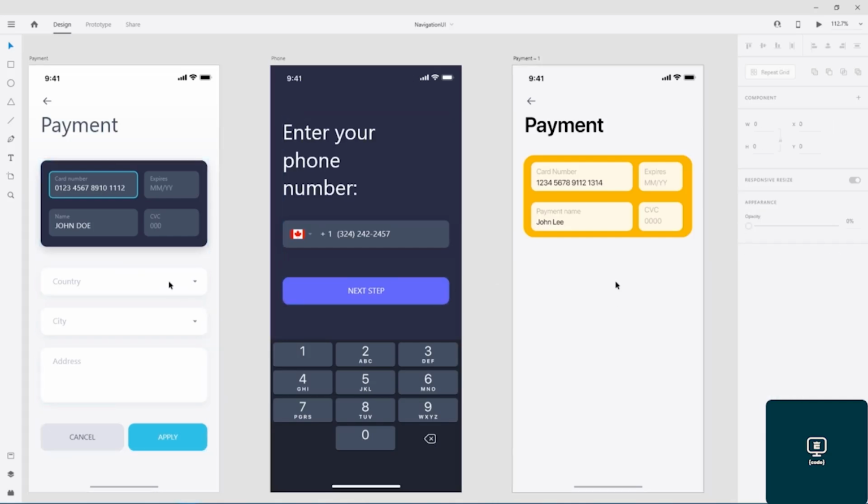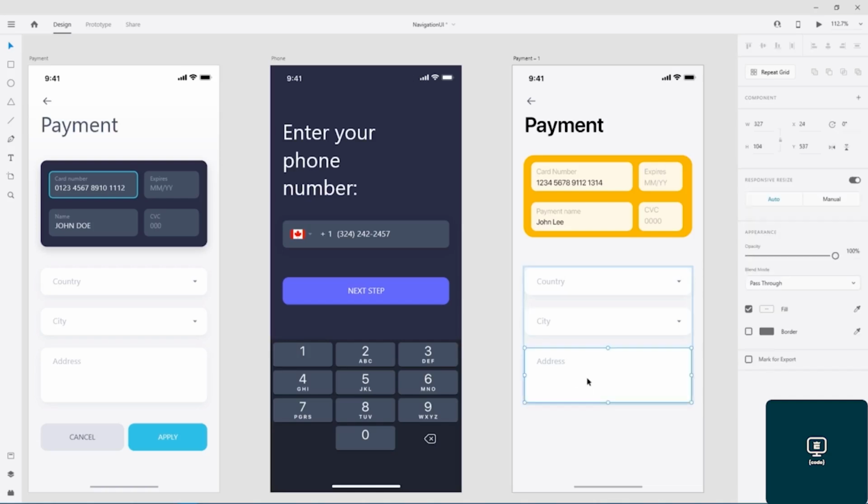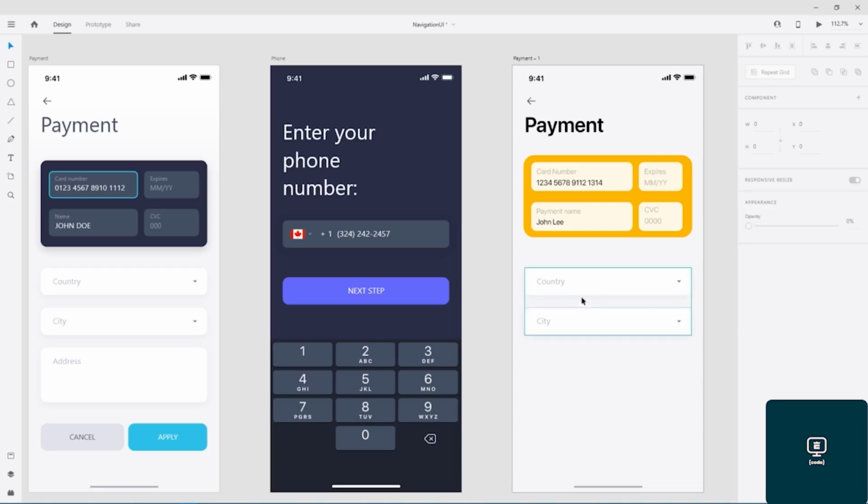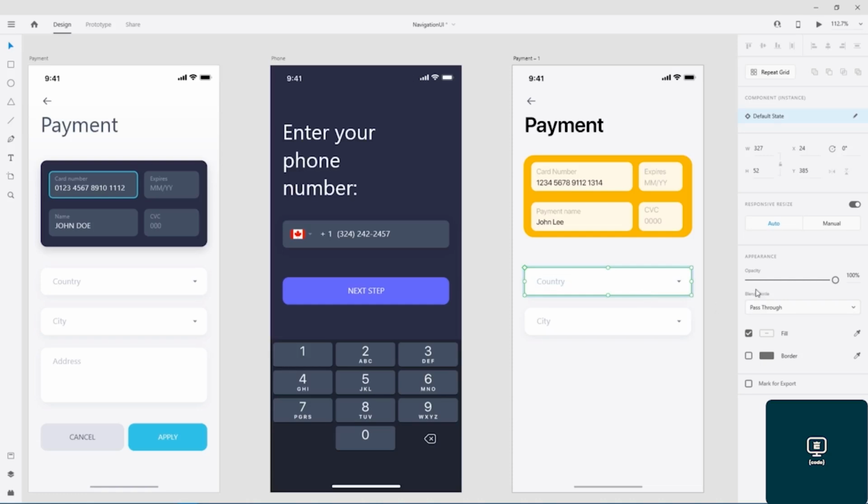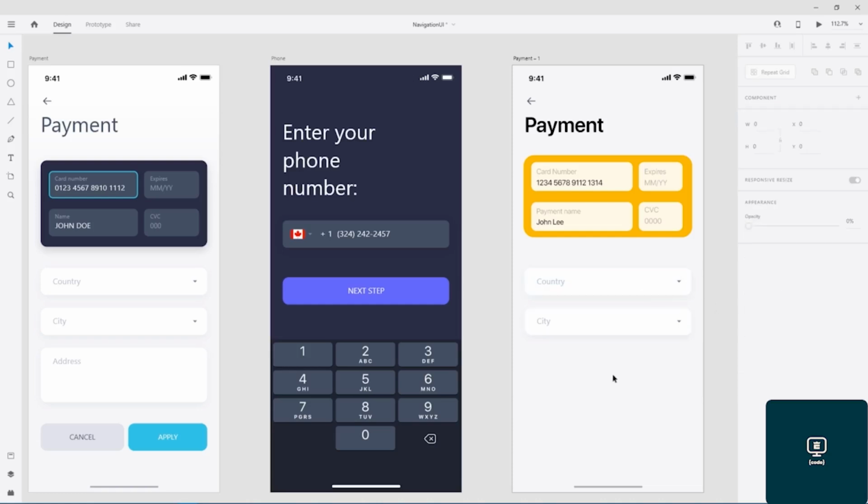I don't need this, and the country, I'm going to have it like this, but let us design it by ourselves in order to know how they are. So from here,